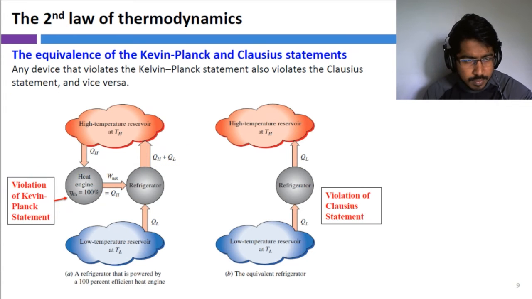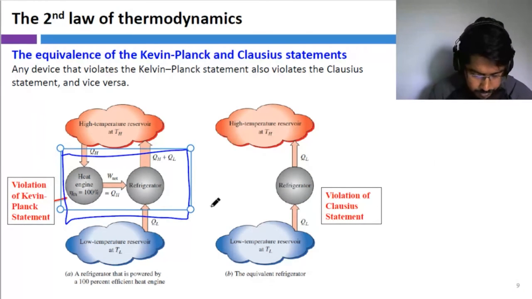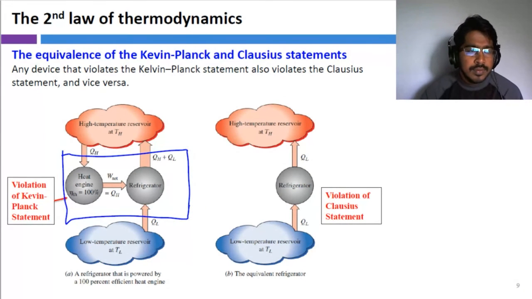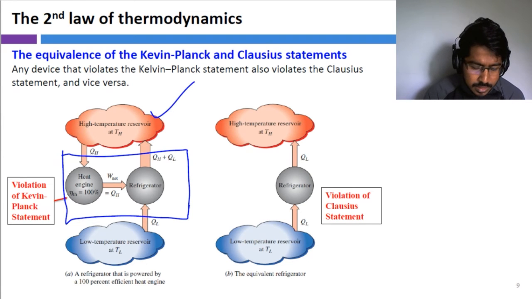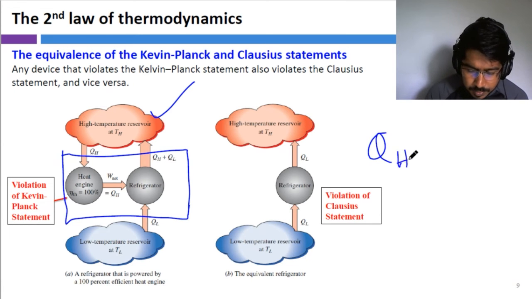Now let's draw our system boundary as this, right? Now this becomes 1 unit, right? We can say that, okay, we have a refrigerator with an inbuilt generator whatsoever. Now it becomes 1 unit. So if we simplify the interaction between the high temperature reservoir and our device, it's going to be QH plus QL